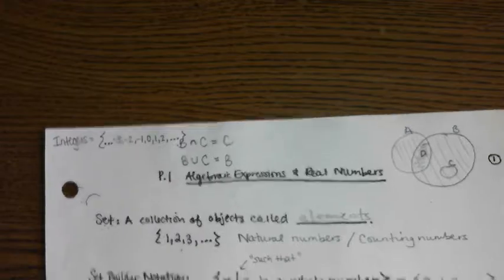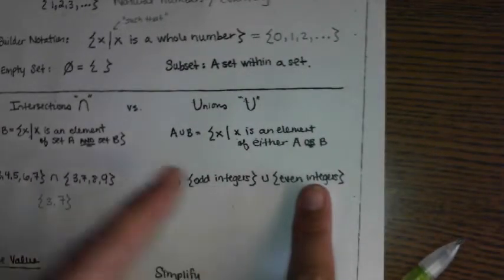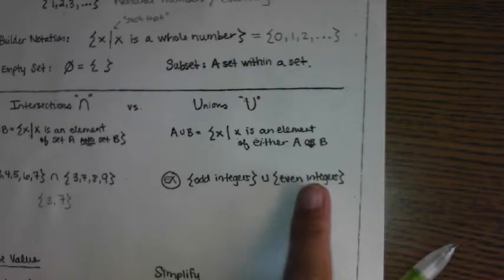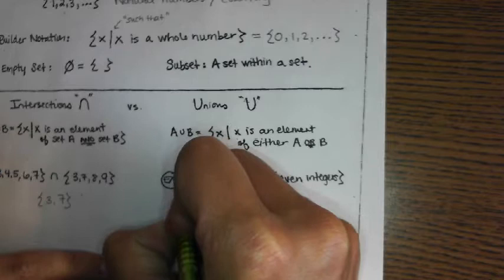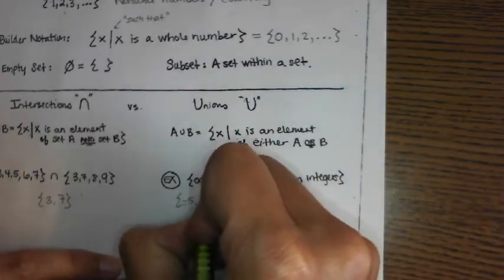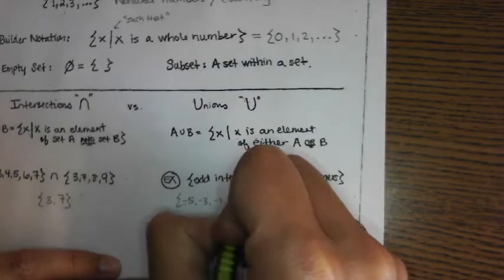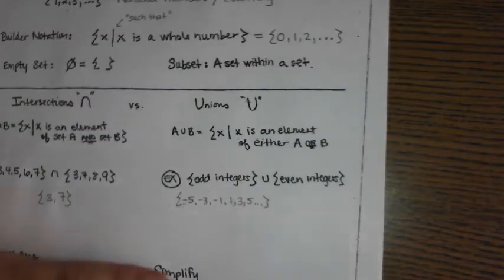So now that can take us back to the point I was trying to make. If we visualize this, odd integers are like -5, dot, dot, dot, -5, -3, -1, 1, 3, 5, dot, dot, dot. Those are your odds. Your evens are